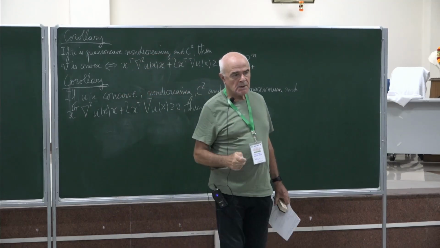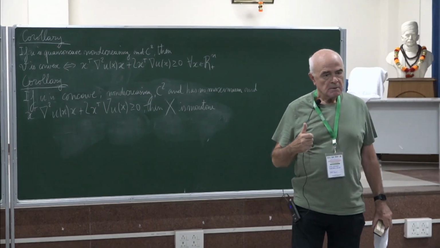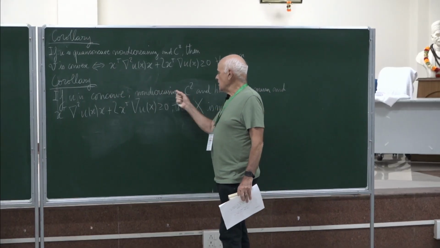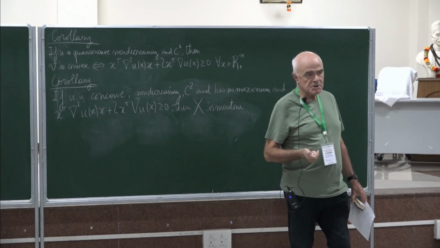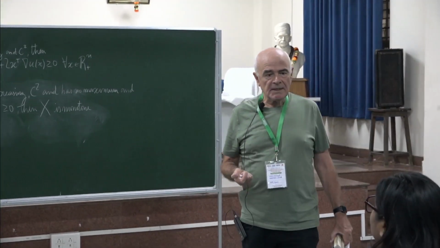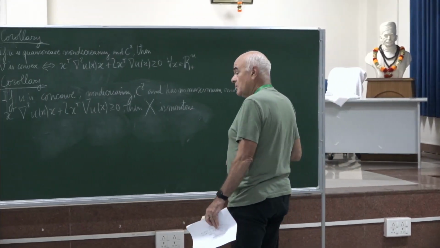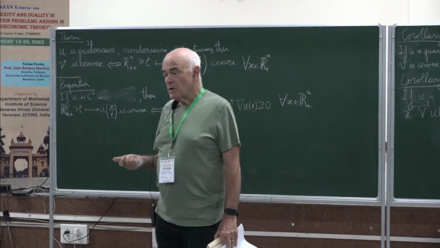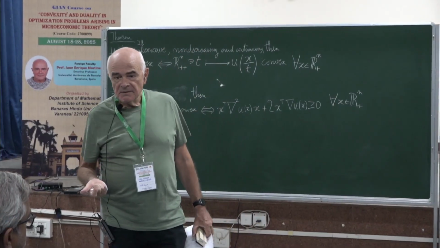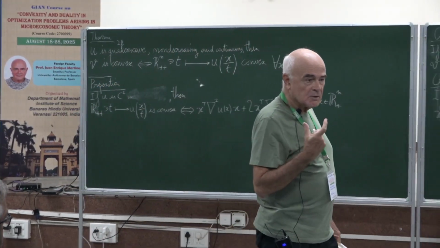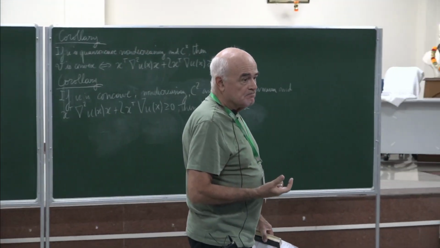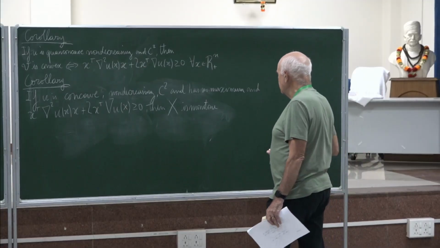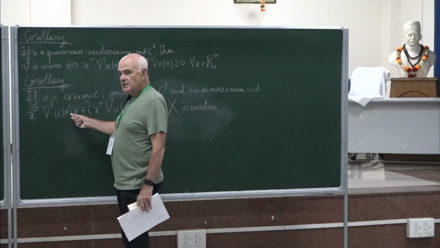So I'm using that result. U is concave and has no maximum. Well, here I need two extra conditions: non-decreasing, which is natural, and C2, which is a technical assumption, because we need to work with derivatives. Derivatives are our main tool. It's a pity because it doesn't make part of the essence of the problem, but it's a powerful tool, as we all know. Okay? Then, if this condition is satisfied,